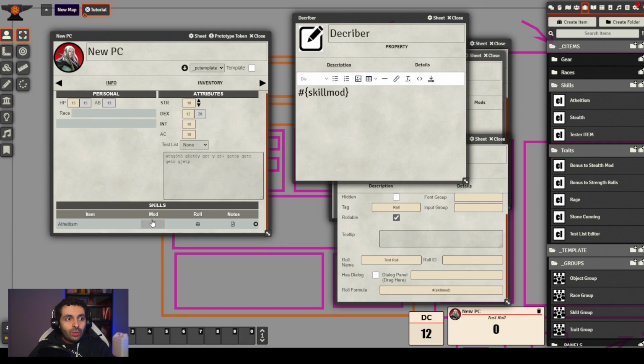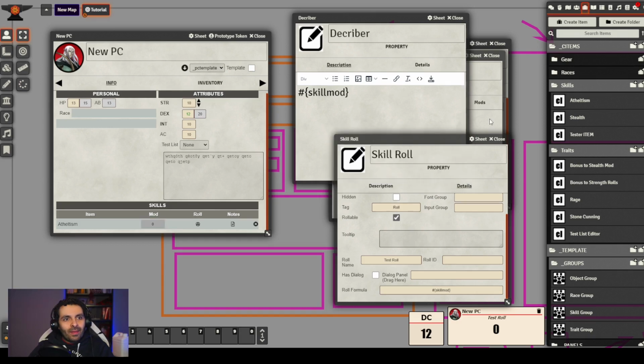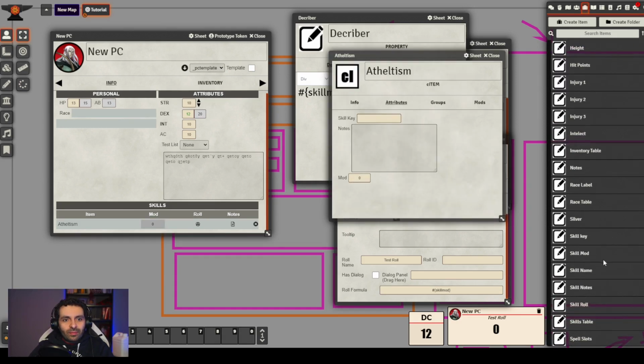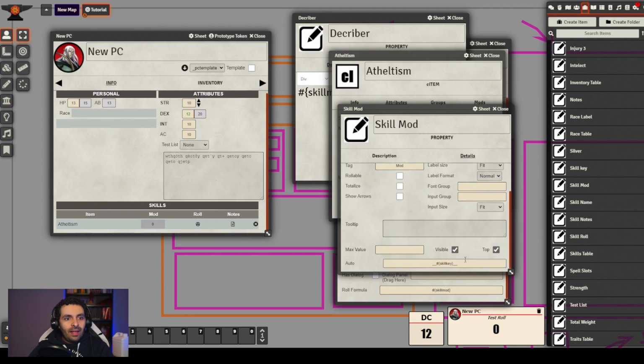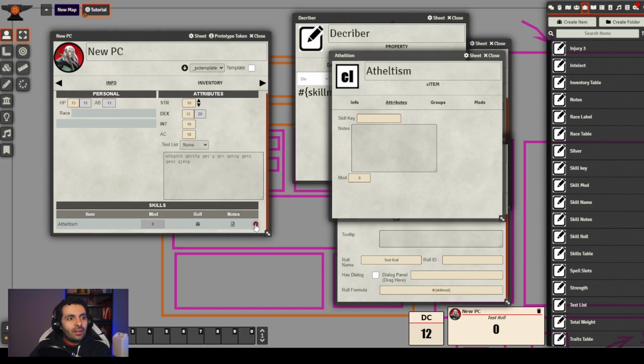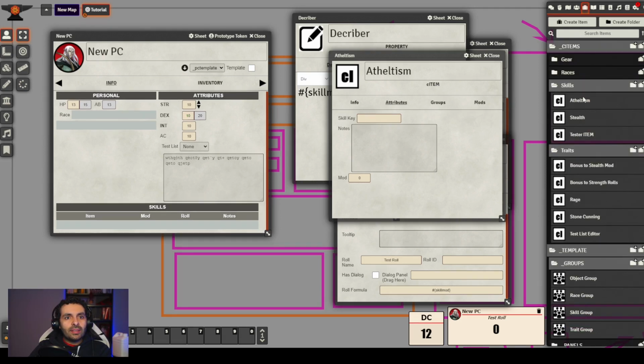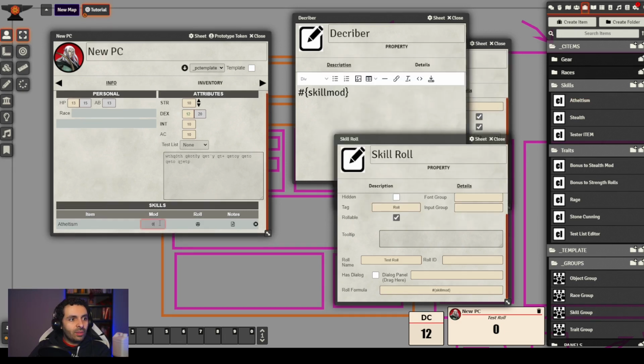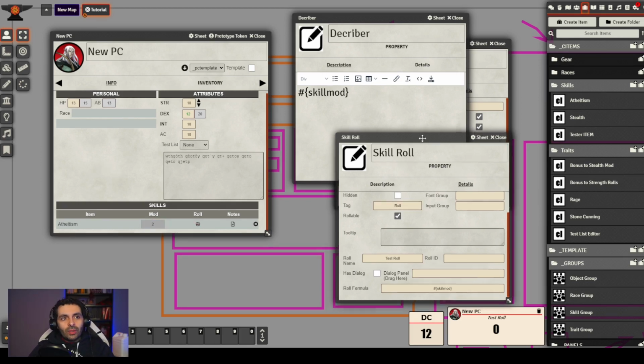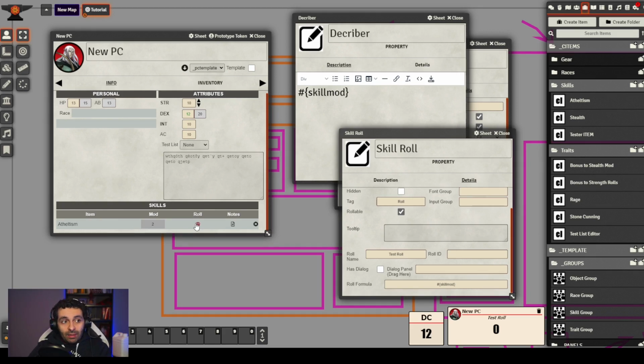So if I change this to 2, but it doesn't let me because it's an auto field. Let's change it so we can, there you go, you see, we change this on the skill mod, and what we're going to do is drag the athleticism again. So I guess now we can change it. Oh yes, okay. Now, if we click role here, you see test role 2, so is equal to skill mod. So that's what I'm doing.